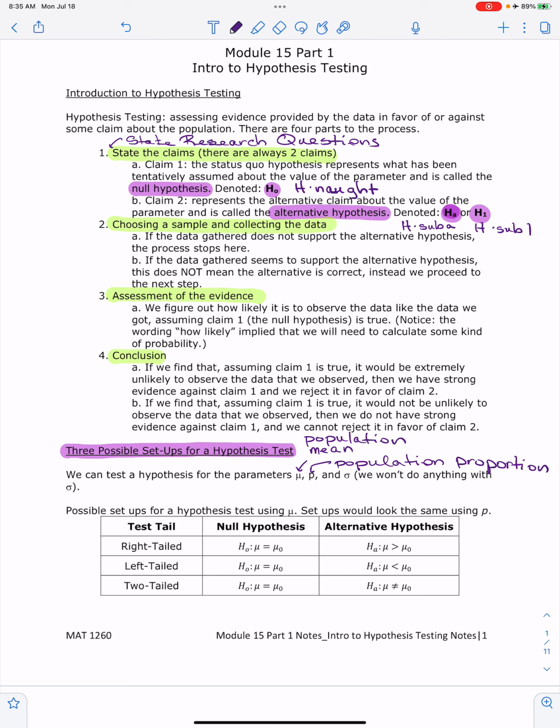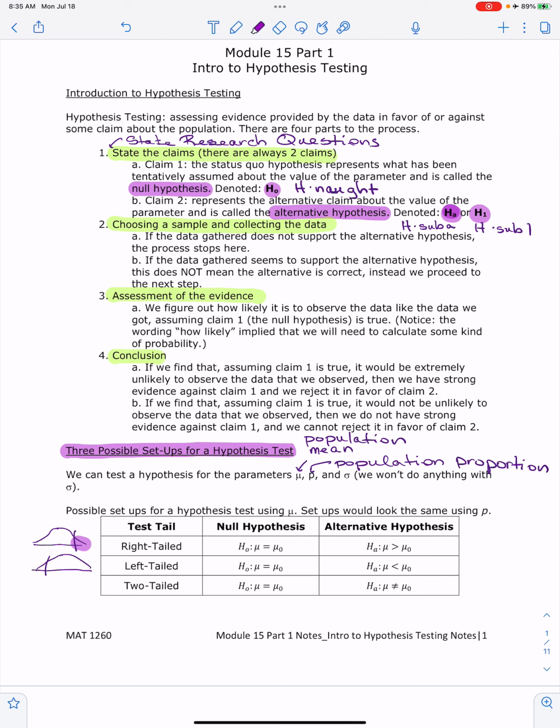We have 3 different ways our tests can work. So don't worry about the format of the null hypothesis and the alternative hypothesis. We will talk about that on the next couple of pages. We can have a right tail test. Keep in mind, if we're talking about our normal distribution, our right tail is going to be up here at the top right end. We can have a left tail test,